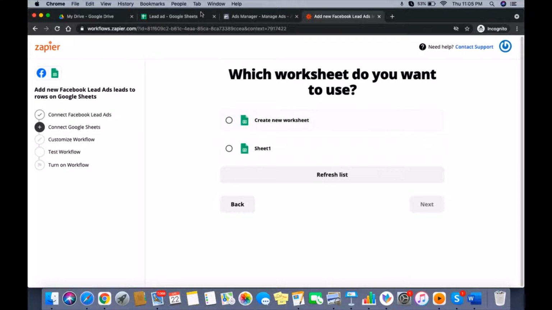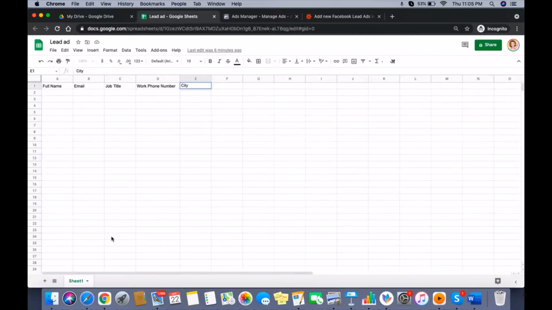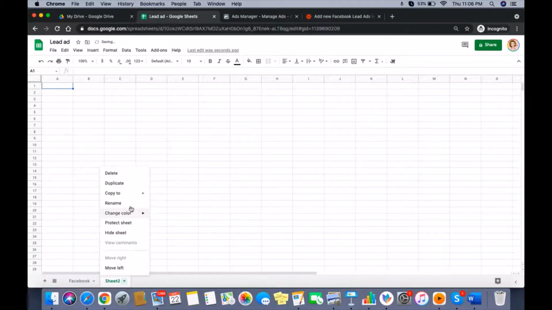Which worksheet? Sheet 1 is my worksheet. We can also check here. If you have Facebook leads, you can just mention Facebook. And if you are having Google Ads, you can mention it as Google Ads. But if you are running Google Ads, you need to ensure that you put the lead forms.